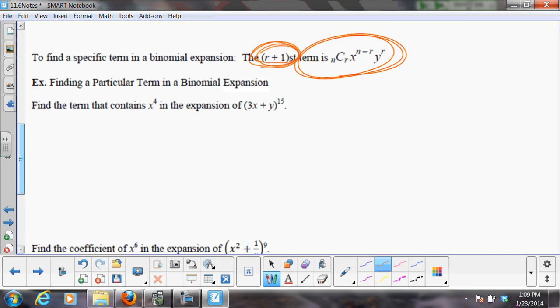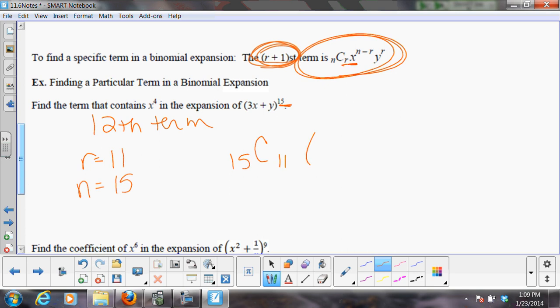So find the term that contains an x to the 4th in the expansion of (3x + y) to the 15th. Well, to have an x to the 4th, it starts with x to the 15th and works all the way down. So x to the 4th is really the 12th term. If 12th term, then r is actually 11. It's one less than it. And our n is the exponent, which is 15. So now we just got to plug in